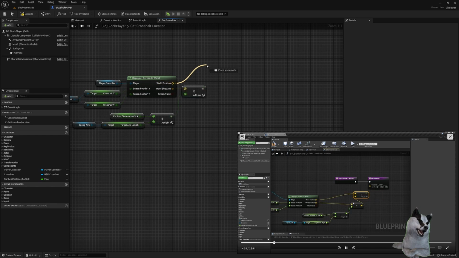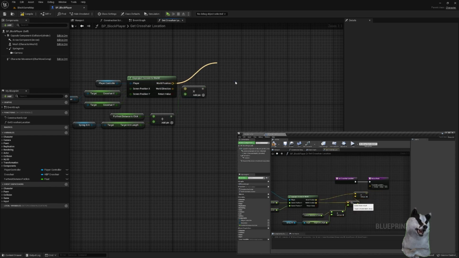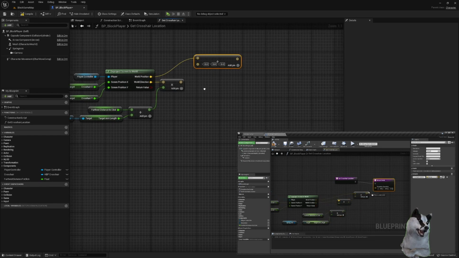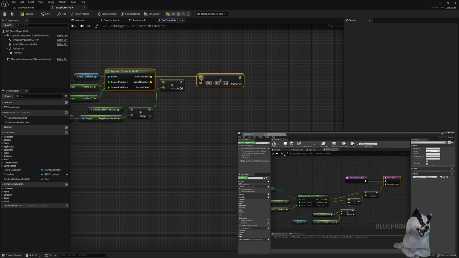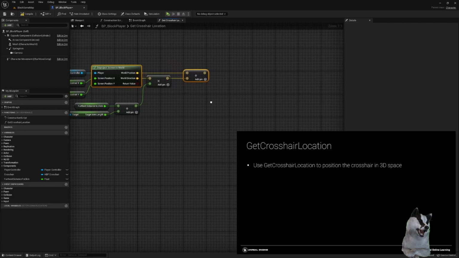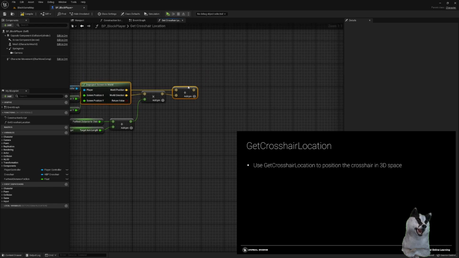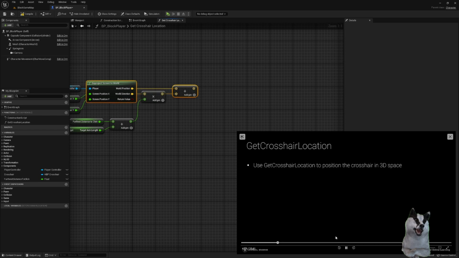The second vector is the product of this multiplication. And that will be the crosshair location that the player clicked on in 3D space that will be returned as a vector. Click compile and save. The get crosshair location function uses some pretty straightforward math to figure out where the crosshair is in 3D space. It's useful to break it down and learn how it works because you can apply these concepts